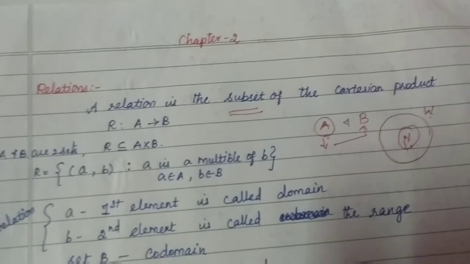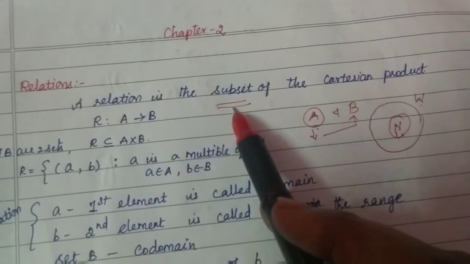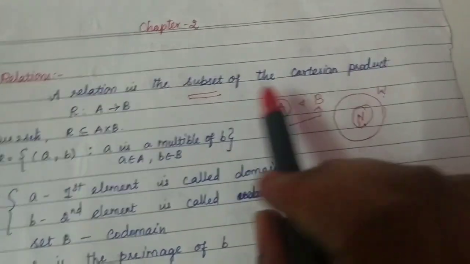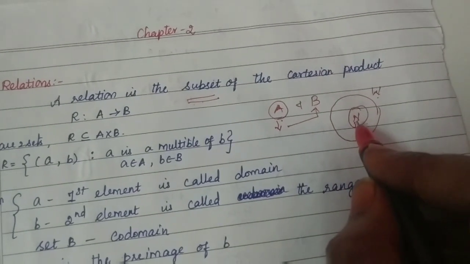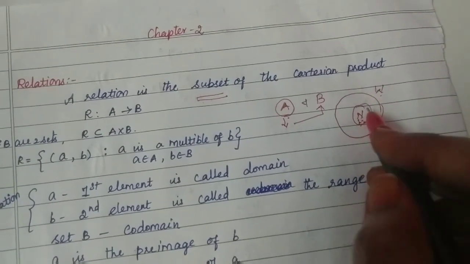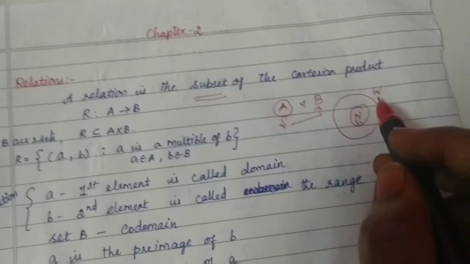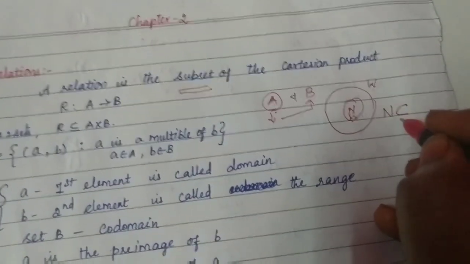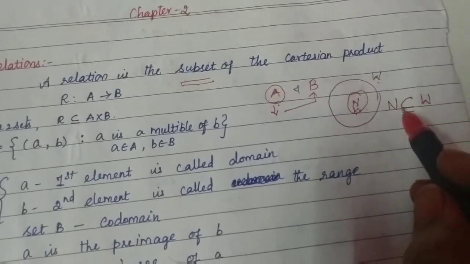A relation is a subset of a Cartesian product. We should know what a subset is, so as I have told you already, I will explain again what a subset is. Let us consider the natural numbers. Natural numbers are also called counting numbers. If we include 0 along with the natural numbers, it constitutes the whole numbers. Therefore you can say that the natural numbers are contained in, or are a subset of, the whole numbers. That is what a subset is.